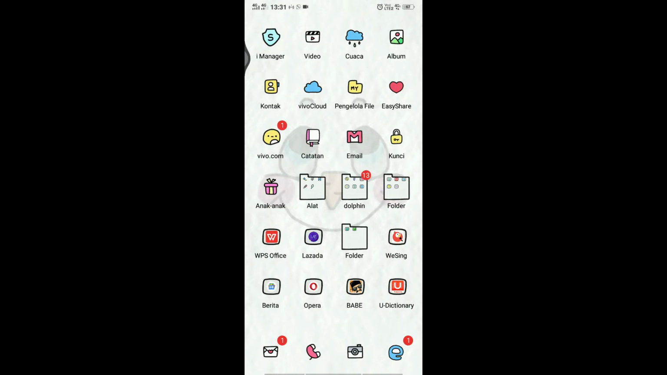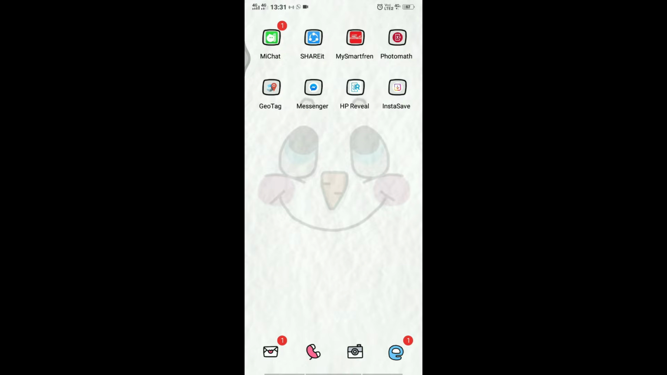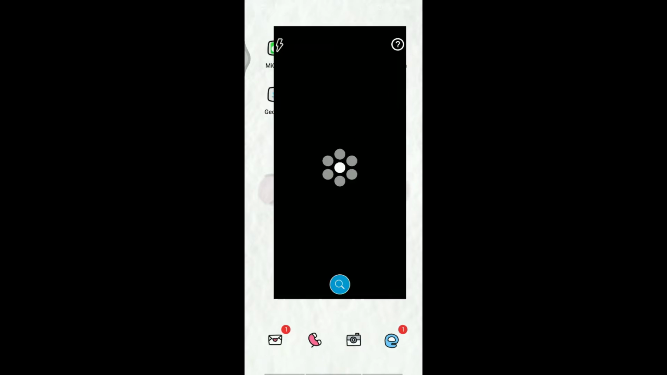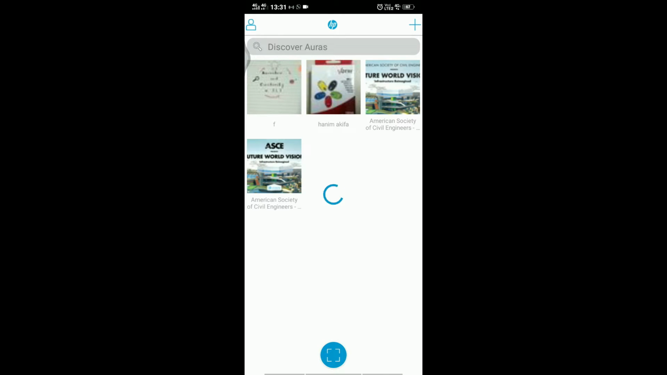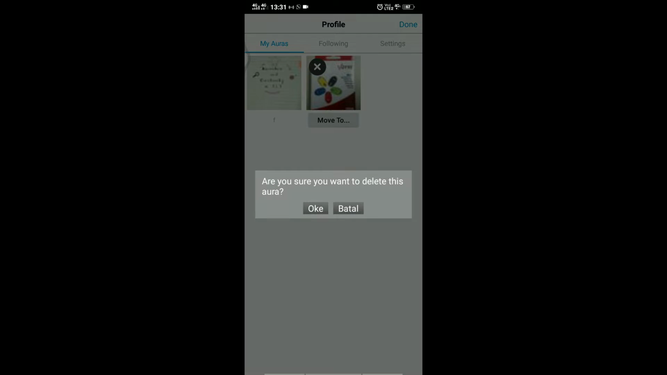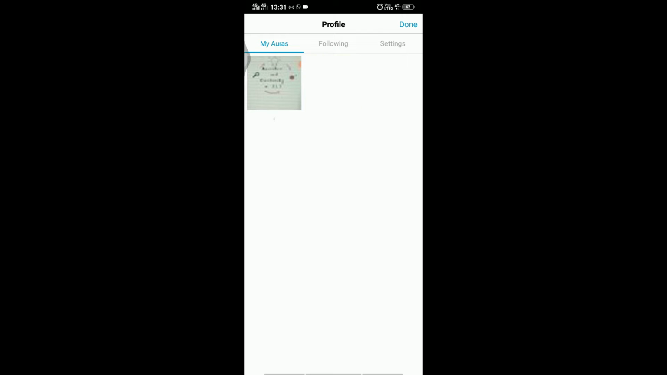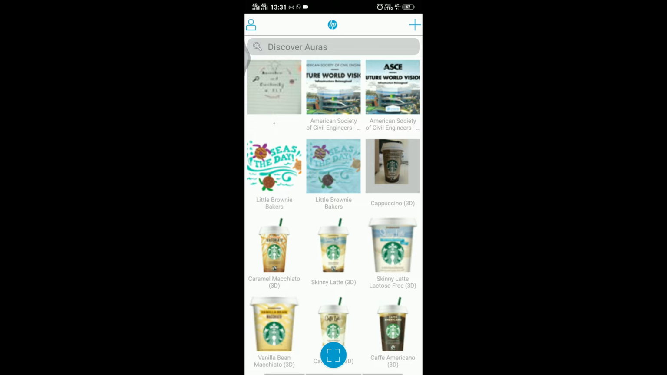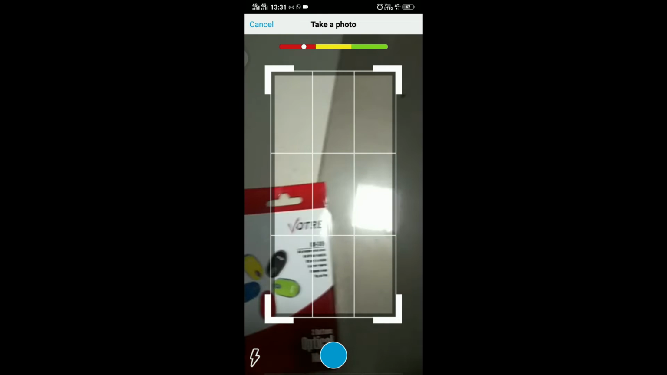Hello, welcome back to me and my friend Akifa. Now, we would like to tell you how to make augmented reality. For the first time, you have to have the HP Reveal application. Actually, we have done log in and made an account. So, we can make an account with Google. Actually, we have this one, but we will tell you how to make it. So I have to delete it first. Okay, done. For the first time, you have to click plus here and